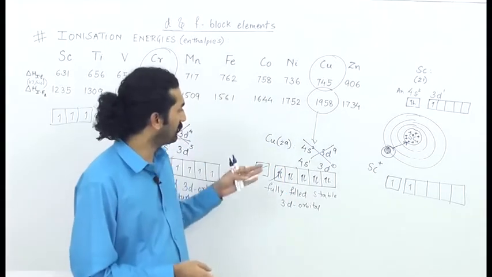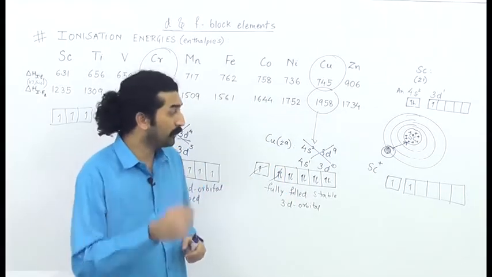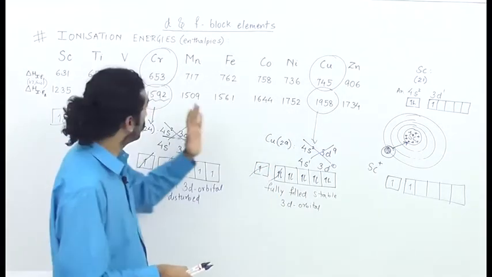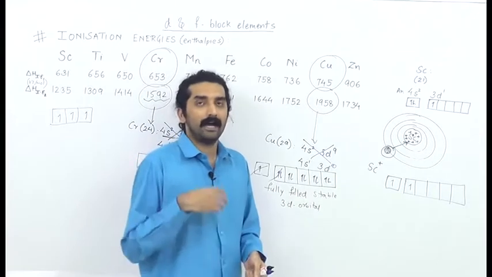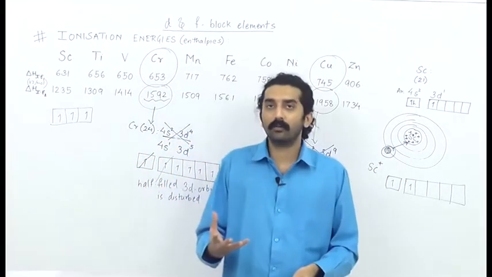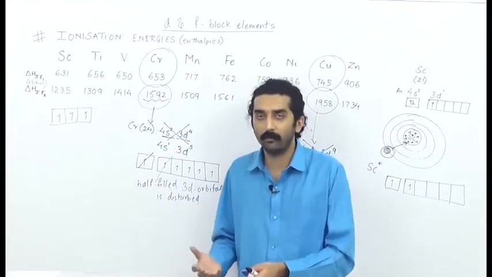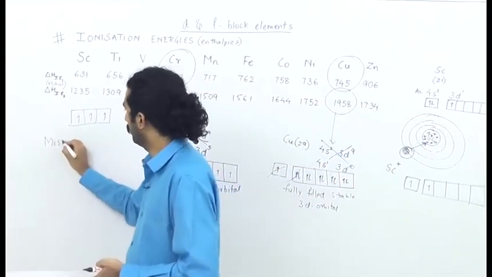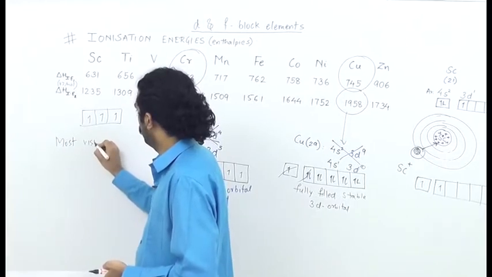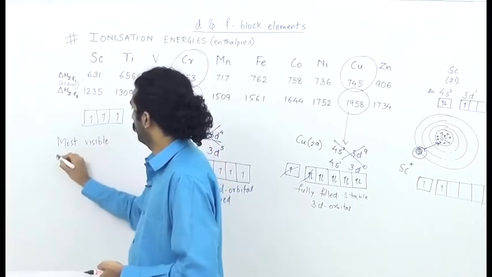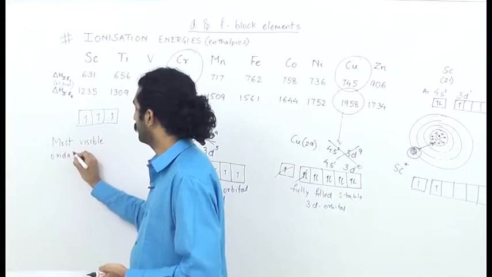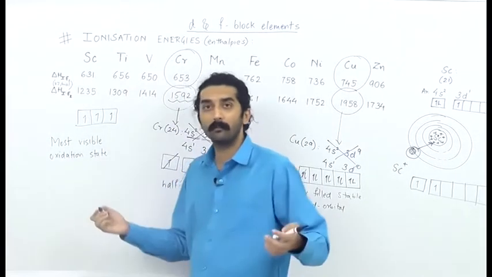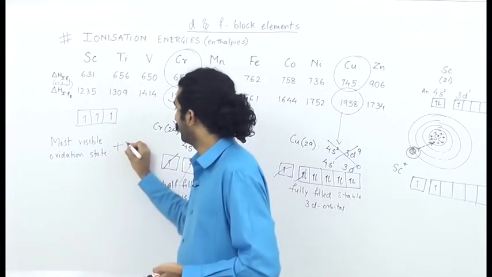And after that, one more small, very important thing that you will notice: in each and every one of these elements, ideally removing 2 electrons is the most likely option. So the most visible oxidation state, the most predominant oxidation state, so to say, which gets involved in chemical reaction is +2, right?